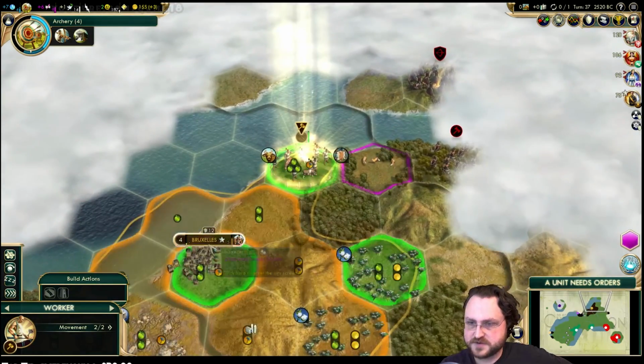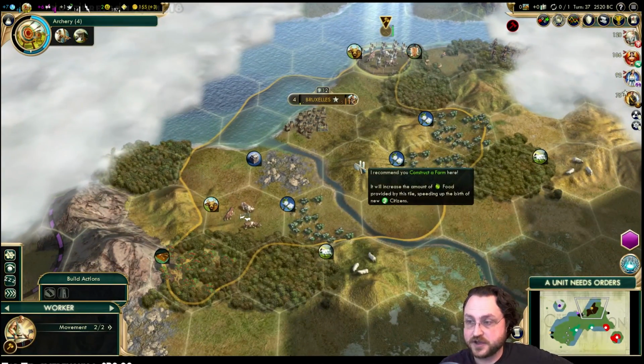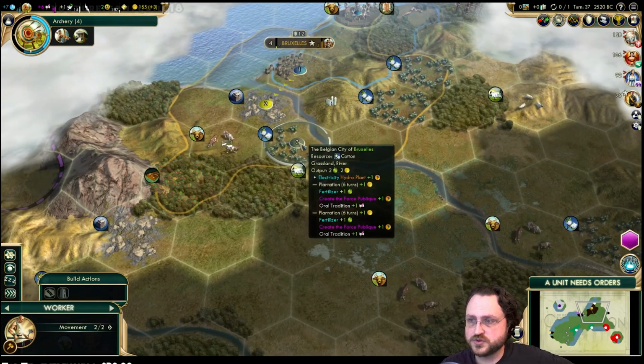Did you finish? You actually finished that cattle? You did. Okay. You're not just freaking out about things. I agree. A farm here is going to be fantastic. Do we want to prioritize that? Our happiness is positive right now, but it won't last forever. So I think what we'll do is